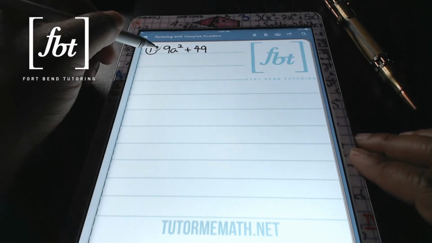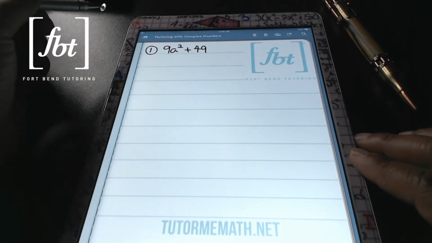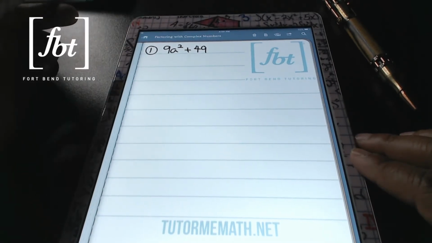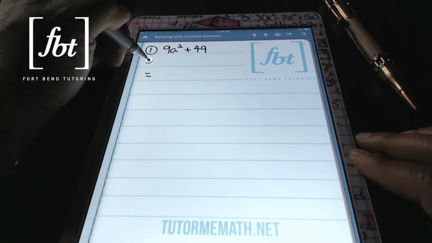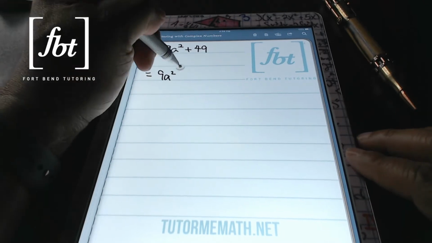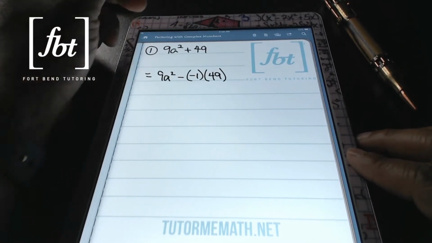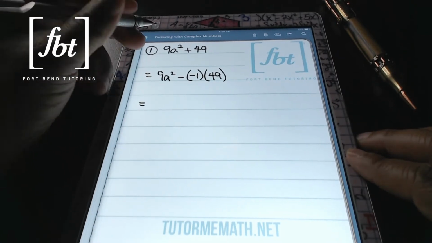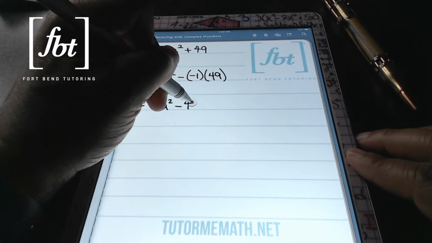We know that the first term is 9a squared. That's a perfect square. We know that the second term is a perfect square. That's 7 squared. Of course, we have a plus sign in the middle, so that is a sum of squares. However, if I do some substitutions here, I can rewrite this expression as 9a squared minus -1 times 49,